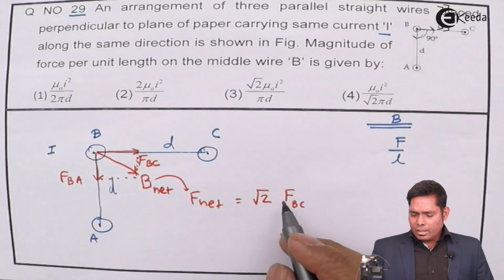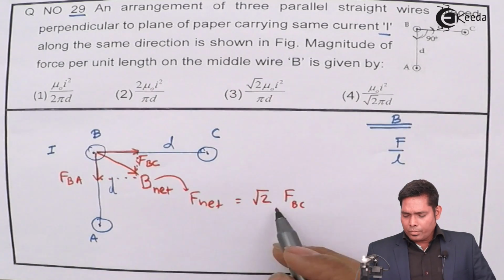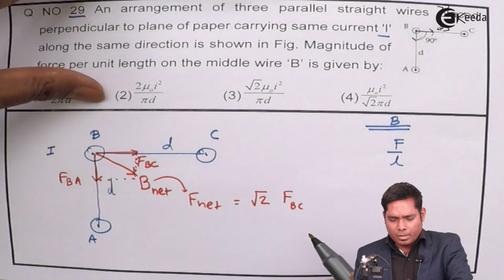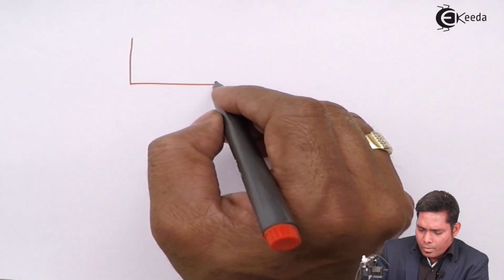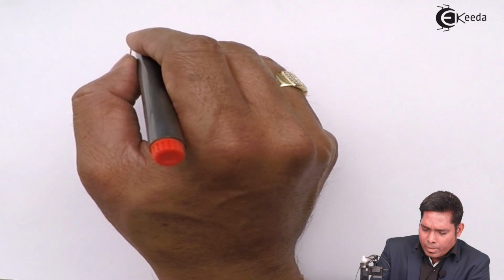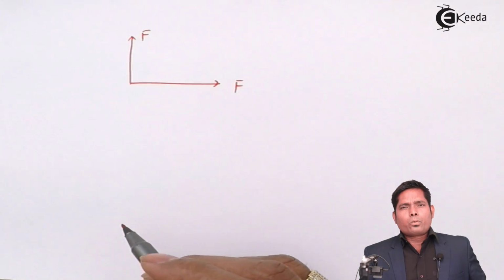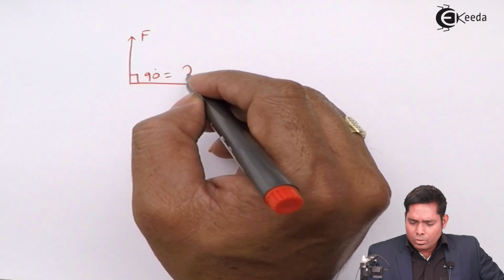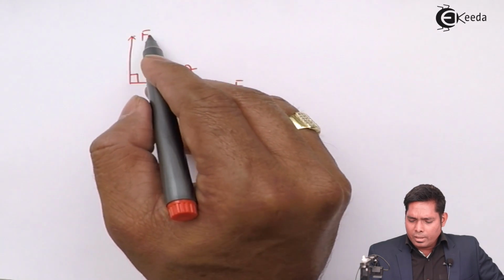Okay, why this is done we'll discuss later on, but first let us write that. Or if you want, let me tell you how this is done. If two vectors, suppose one vector has force F and the other also has force F, two forces acting perpendicular to each other, so theta is 90, then the resultant